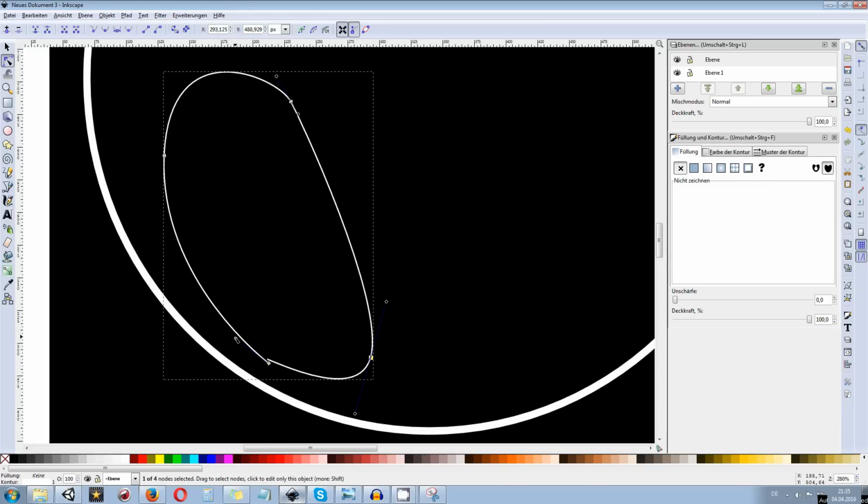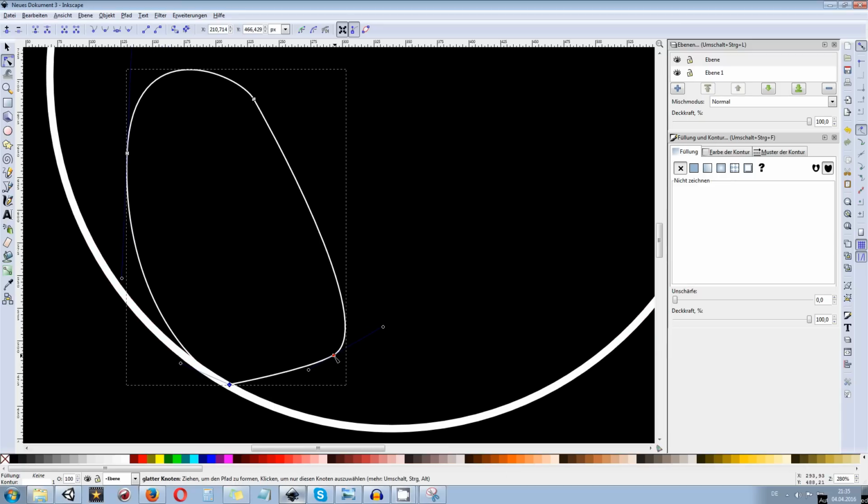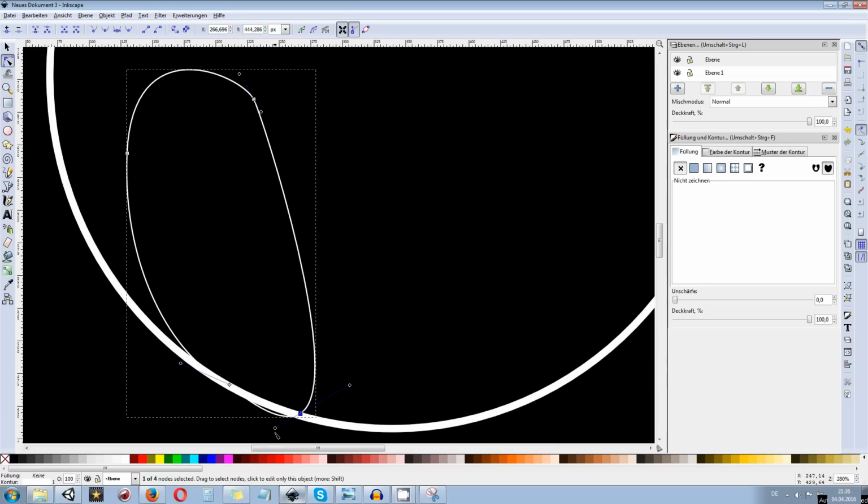If you are unhappy with any anchor points or anchor handles, just hold down Control and select the anchor you are unhappy with. If you want to create a new anchor, just hold down Shift and drag one outside of the point you want to work around with. What I want to make sure is that I still stay in that border, so I don't have any overlaps later on. We will need to fix stuff later on anyways. And also I want to make sure that the second point in here starts at that position too.